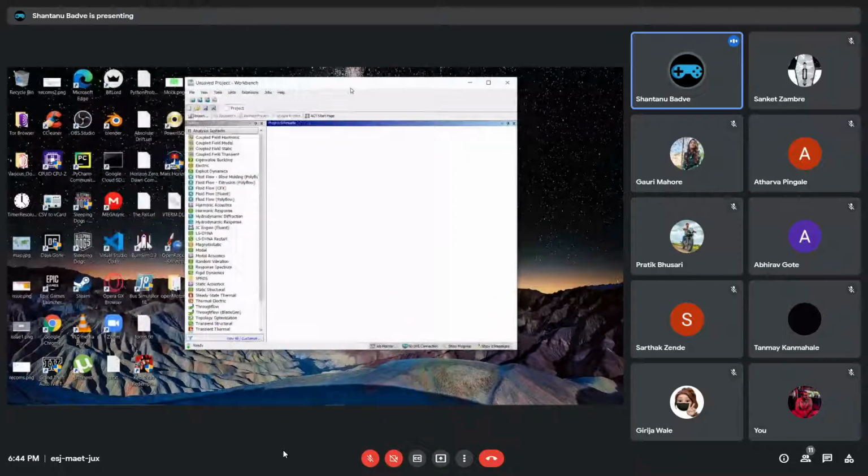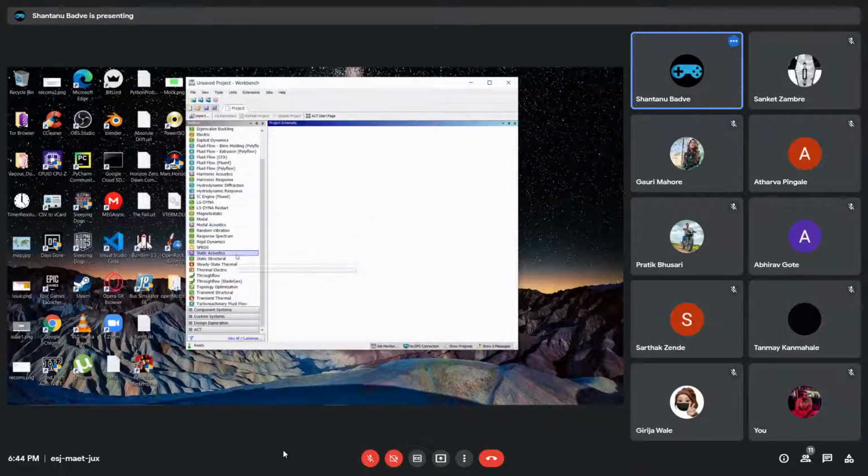Okay, so as you can see now, Ansys Workbench is opened and there is literally nothing over here. As I said earlier, we are doing a static structural analysis today. And therefore ANSYS has a very cool option over here known as static structure. We'll just click on it, drag it, put it here, and it just gets in here. Okay, and we will just change this name for fancy purposes. I guess we'll just call it plate with a hole. All right, plate with a hole.